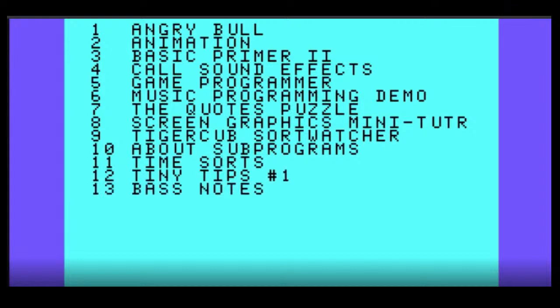Since it's nice enough to have a menu there: Angry Bull, animation, Basic Primer number 2, game programmer, music programming demo. So, what was it, number 3? And enter. Disk drive lights blinking.